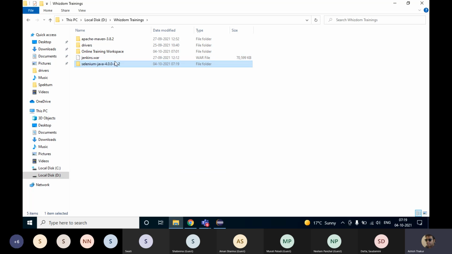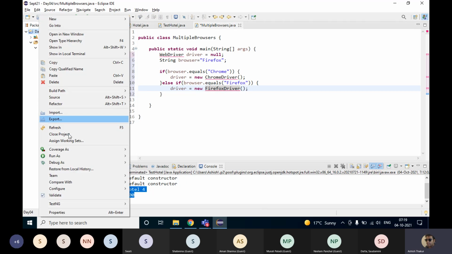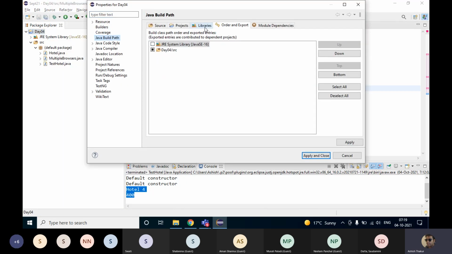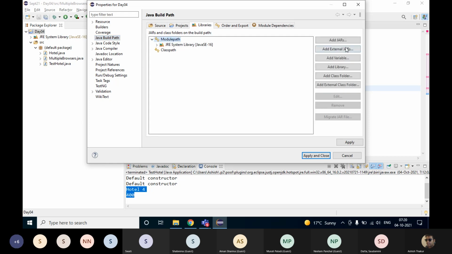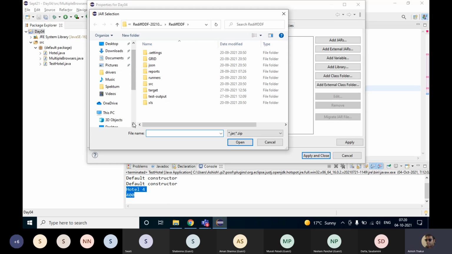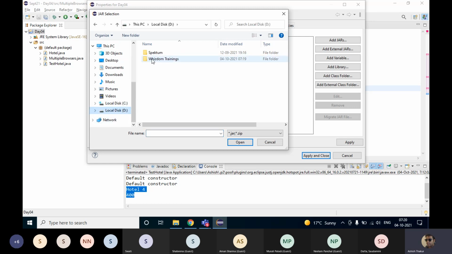So I'm keeping the jars over here, right? And you import the jars. Every time you have to do this. Actually, this Eclipse is also with different settings.